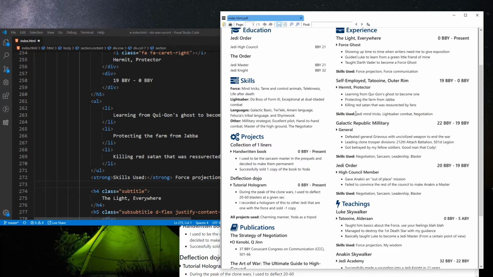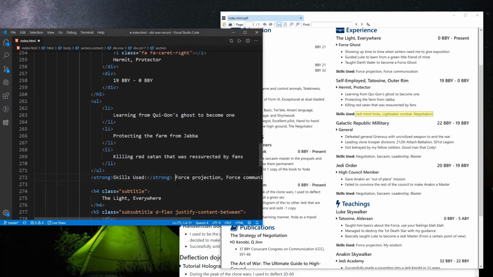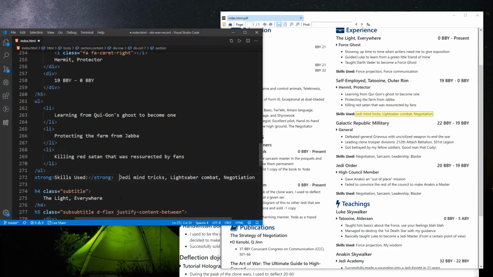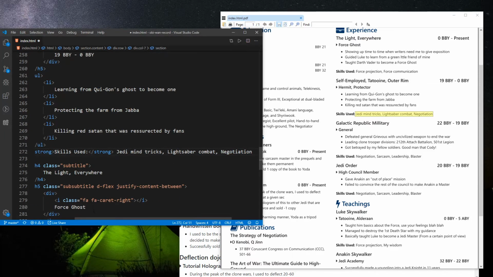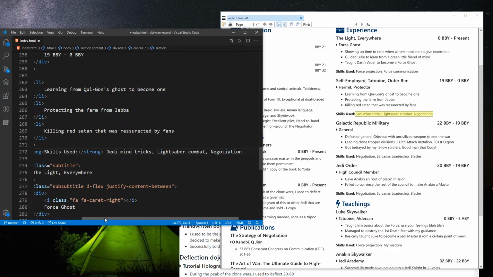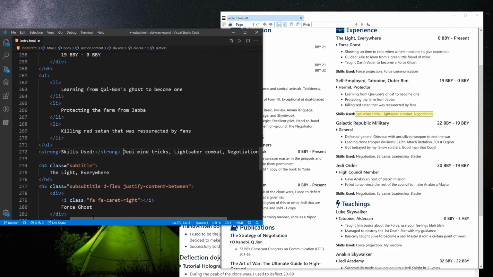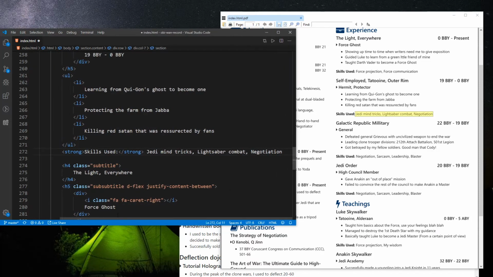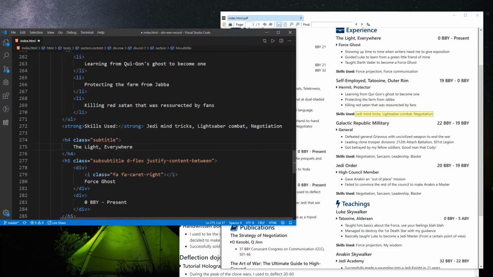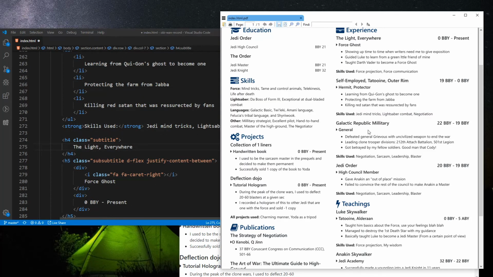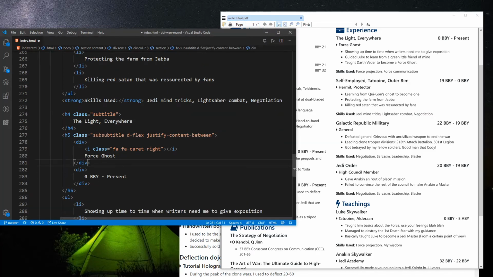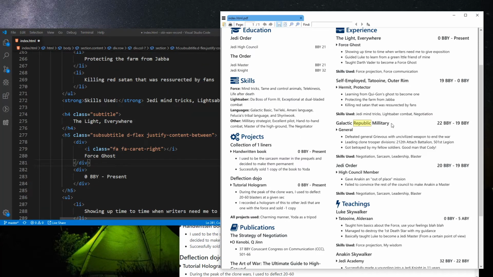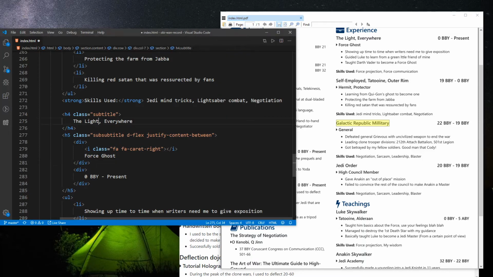Spoiler alert. Okay, in Tatooine, he obviously used Jedi mind tricks on the stormtroopers and used lightsaber combat, but not that much. I think he had to hide the lightsaber during Tatooine, but he revealed it at the end because none of that mattered. And negotiation is where he negotiated with Chewbacca and Han and stuff like that. So, okay, next project. Galactic Republic military. So this is pretty cool. This is referencing the Clone Wars, obviously,